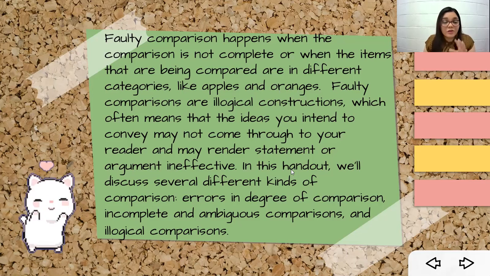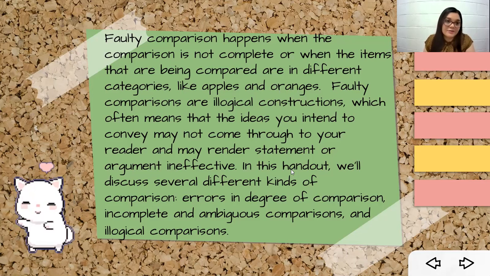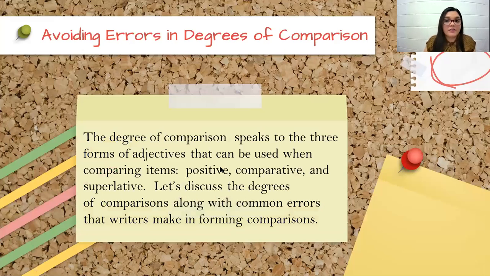Here in the handout that you will be given, or in this presentation that I will share with you later in classroom, we will discuss several kinds of comparison. Errors in degree of comparison, incomplete and ambiguous comparison, and illogical comparisons that you may have on the way. And here you see an example of it. Avoiding errors in degrees of comparison. The degree of comparison speaks to the three forms of adjectives that can be used when comparing items: positive, comparative, and superlative. Let's discuss the degrees of comparison